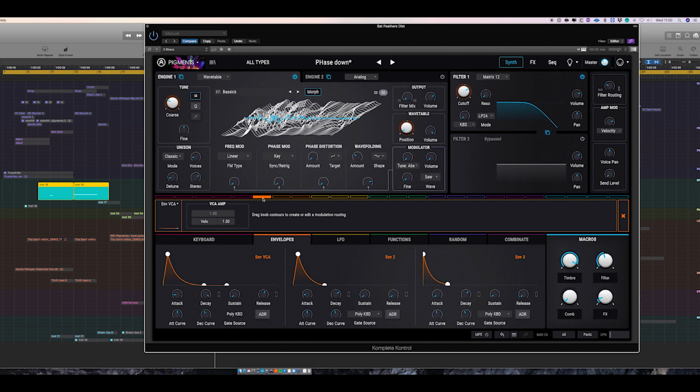Envelope 1 is affecting the VCA, envelope 2 is affecting the wavetable tuning, so you can hear a slight envelope on the tuning, making that kind of ramp down. There's also a ramp down on the filter cutoff, so you can see over here, whilst the sound plays, the filter cuts off. And then another one on the modulator,